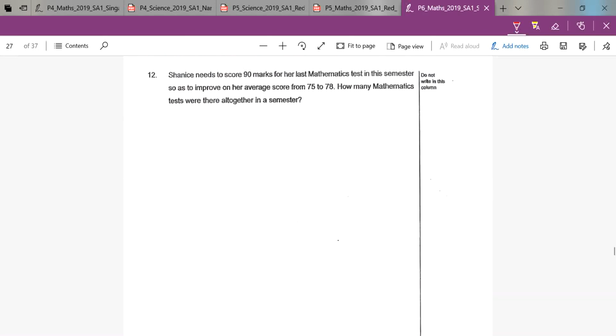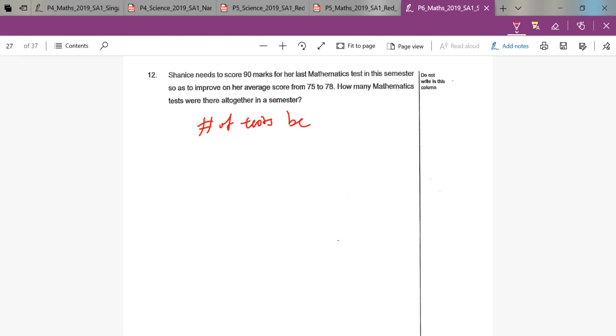Question 12. Shanice needs to score 60 marks for her last mathematics test in this semester so as to improve on her average score from 75 to 78. How many mathematics tests were there altogether in a semester? Okay, what comes to mind is that there are two main ways to solve this question. One is algebra. Let the number of tests